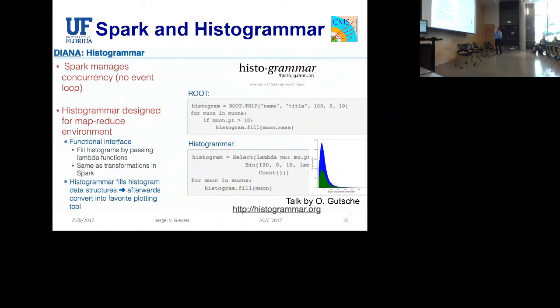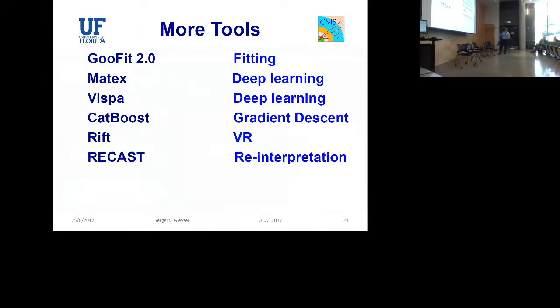There's a nice talk that you can have a look at. And there are other tools which were shown, which are quite interesting, updates on GooFit, optimizations of Geant, other tools relevant to deep learning and delivery of deep learning to your computer clusters and whatnot. Again, CatBoost and virtual reality tools and visualization and interpretation of the analysis. So that's sort of the overall summary.